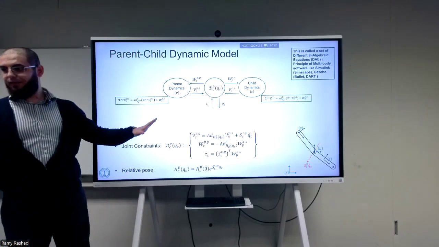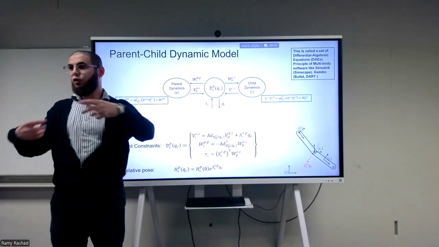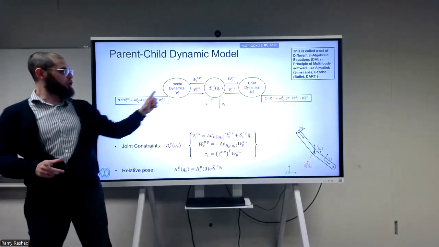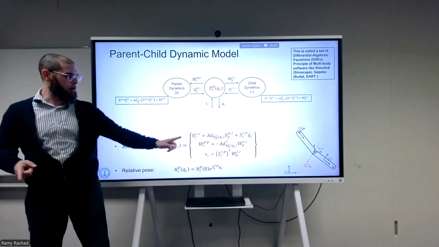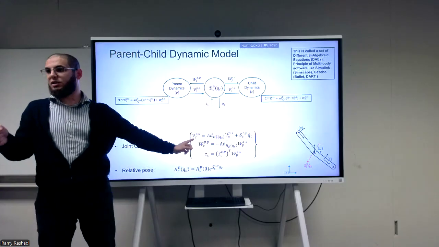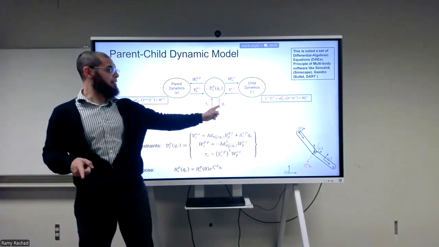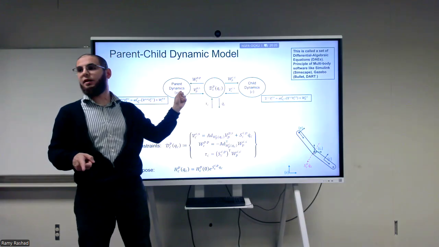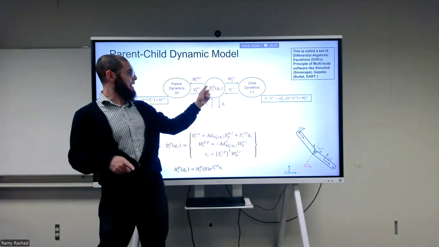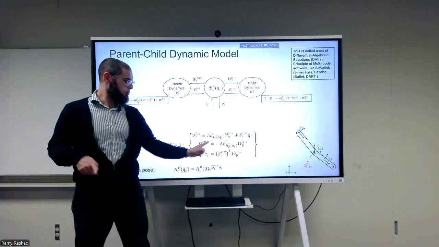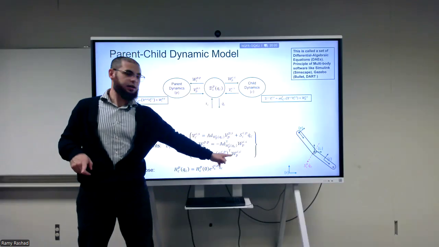So again, the 5 equations that correspond to this simple parent-child system connected by one joint are 2 differential equations corresponding to the 2 rigid bodies that you have, and 3 constraints. One corresponds to the fact that the velocity of the child, with q dot, and the velocity of the parent are related to each other by this equation, and the fact that you have Newton's third law, and the fact that you have a constraint here,